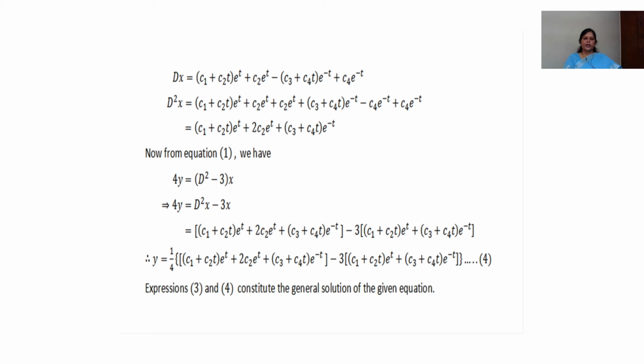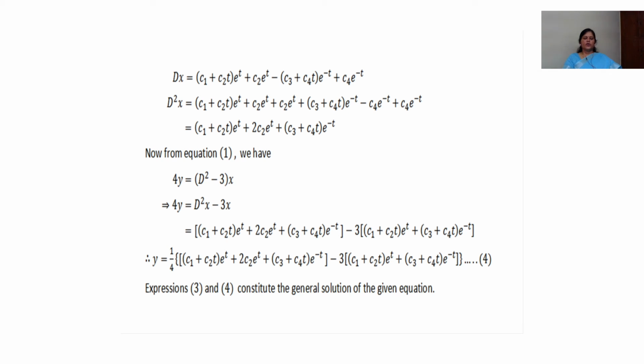See, actually we are using the product rule first, for the first term as well as the second term. So both terms give the equation dx is equal to c1 plus c2 into t e to the power t. The differentiation of e to the power t is e to the power t only, plus e to the power t we are keeping as it is, and we go for differentiation of c1 plus c2 into t. c1 is a constant, so we will get 0. c2 is also constant, but along with that t is there, so differentiation of t is 1. That's why the second term is c2 into e to the power t. Similarly, we get it for the second term also. So now from this we go for d square x.